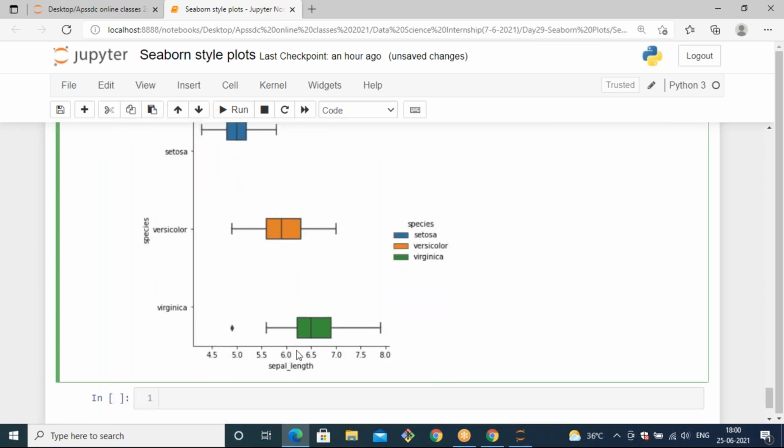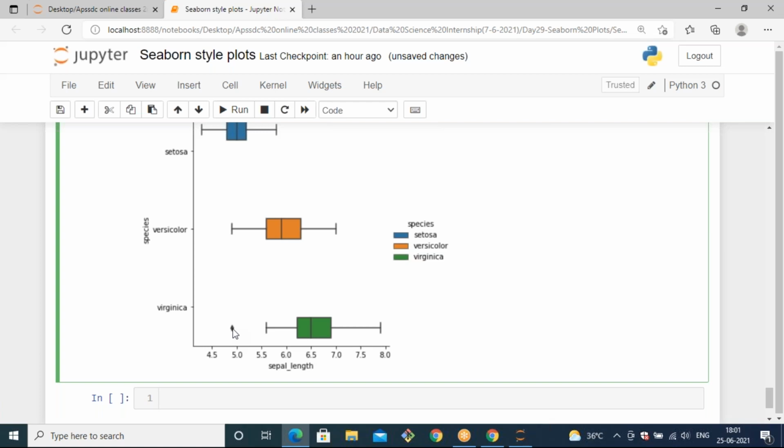And when you see this box plot, in the sepal length, virginica might have an outlier. You can locate it here, at the point of 5.0 or 4.9 or so. There you can see one outlier in the virginica. So by using a box plot, you are able to address outliers also. An outlier is a value or a point that is far away from the given range of values. And these outliers can be calculated with the help of the IQR range. IQR means interquartile range.